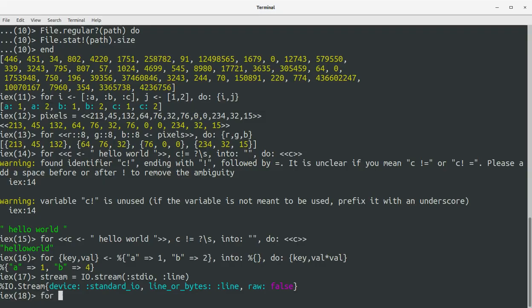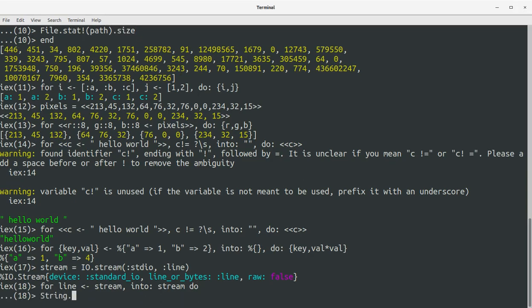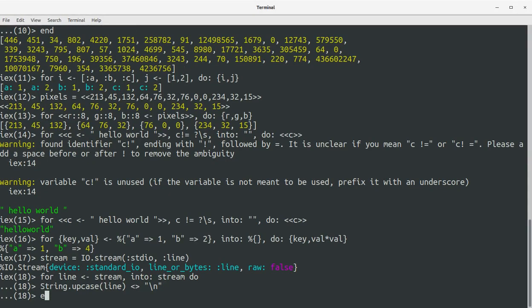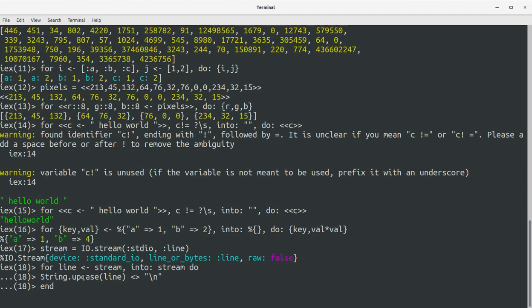Okay, for line stream into stream do string dot uppercase line then equal to \n end. Okay, now we have entered into an input output mode